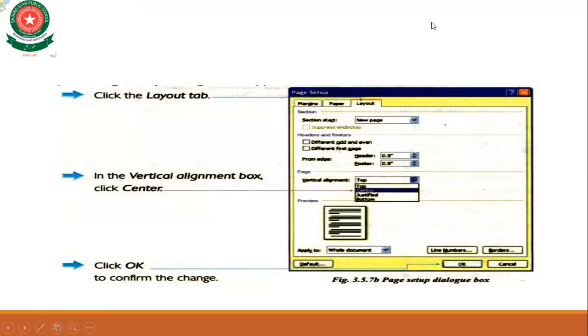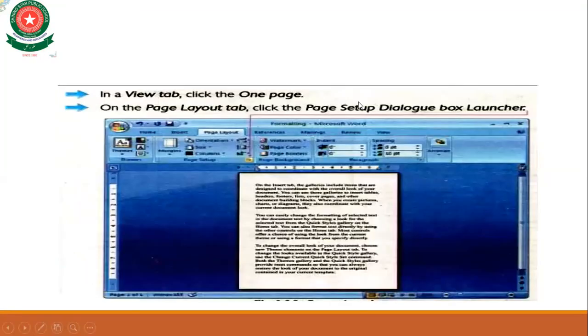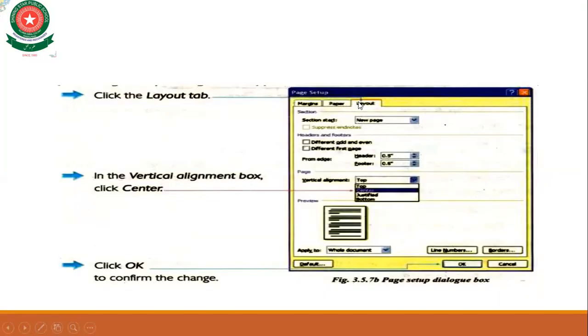Now click the layout tab. In the vertical alignment box, click center. Now click OK to confirm the change. So that is the way you can change the alignment.